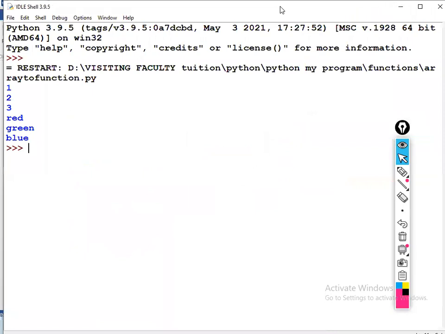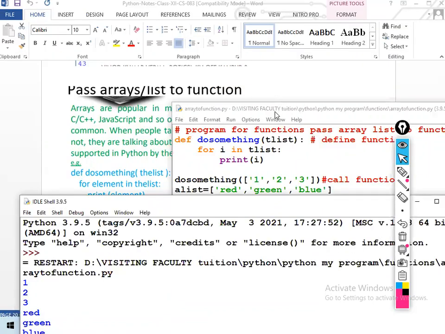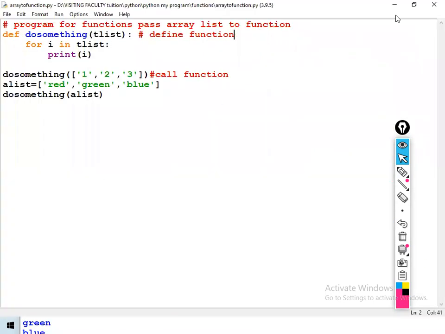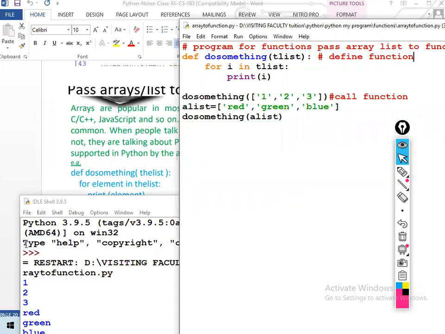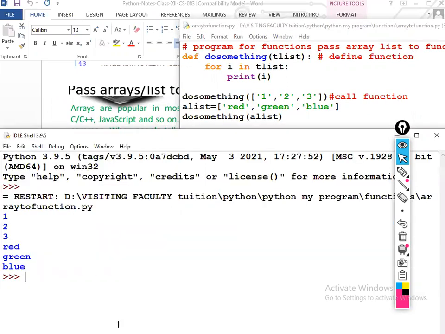Now see it. Calling as it is, it printed 3 times.